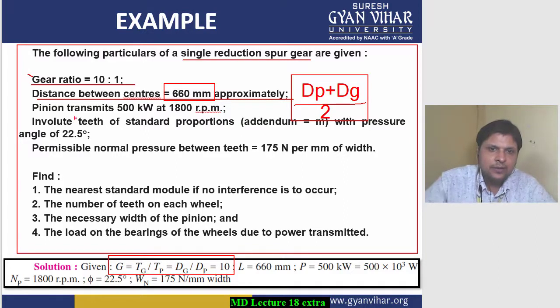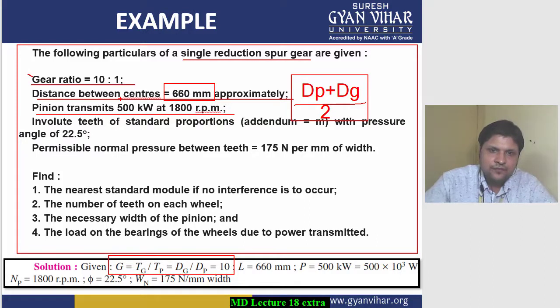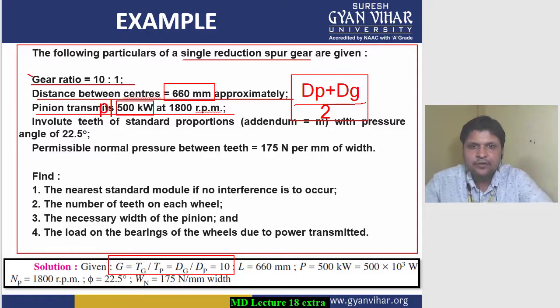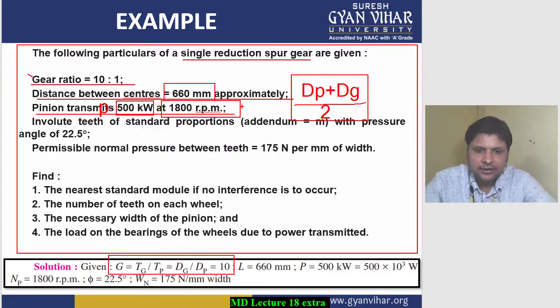Then the third line is pinion transmits 500 kilowatt at 1800 RPM. Means this 500 kilowatt is your power. 500 kilowatt is your P value, which you will need while solving. And 1800 RPM is the value of capital N. Moving further, students,